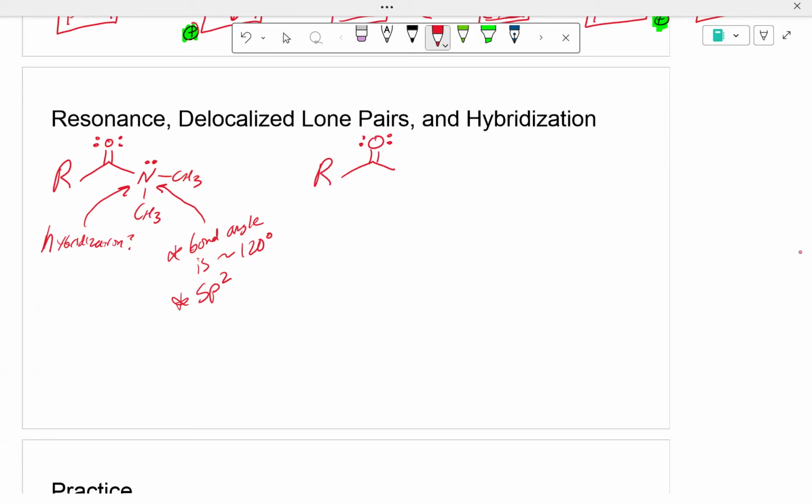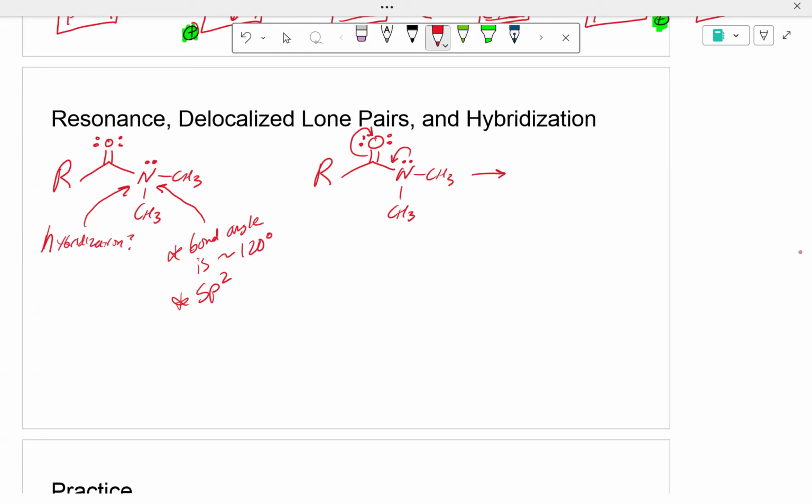Remember one of our common patterns? A lone pair right outside a double bond, or kind of. It's not technically an allylic atom. That nitrogen is not allylic because the carbon-oxygen double bond is not a carbon-carbon double bond, but it operates on the same principle where I can